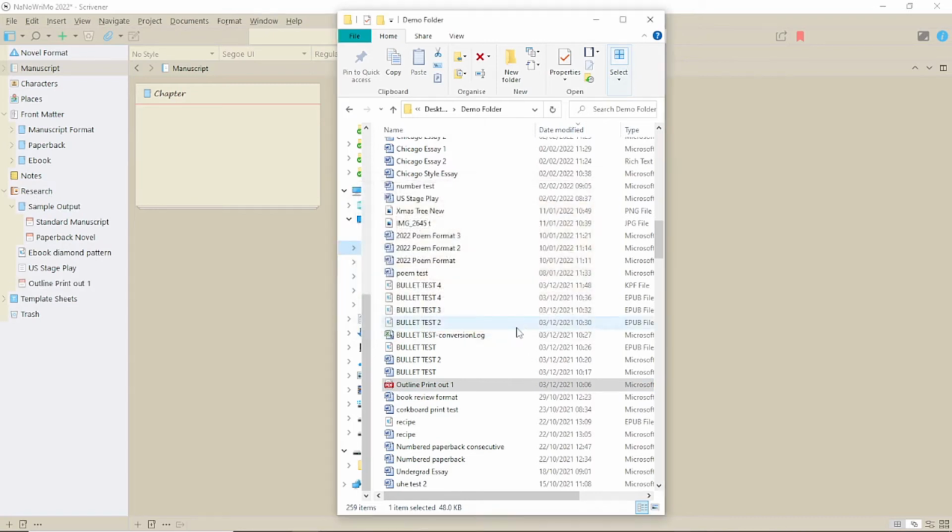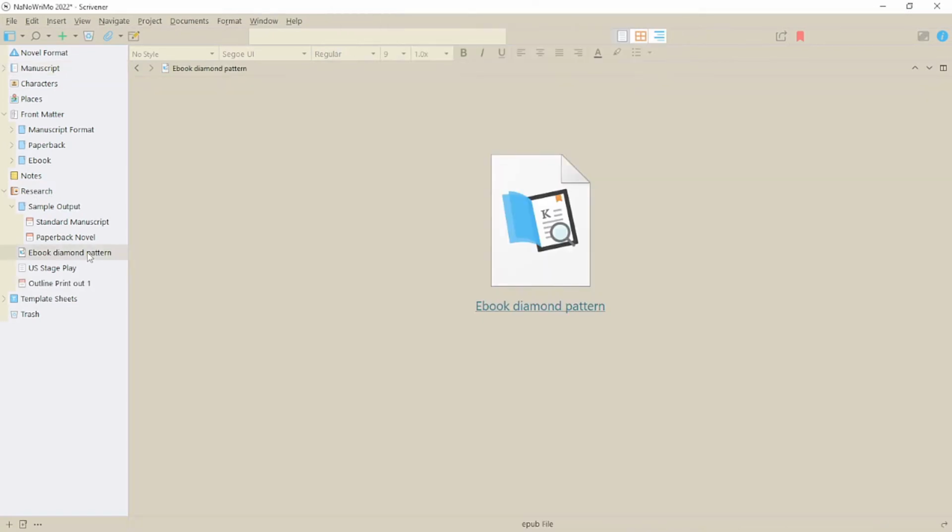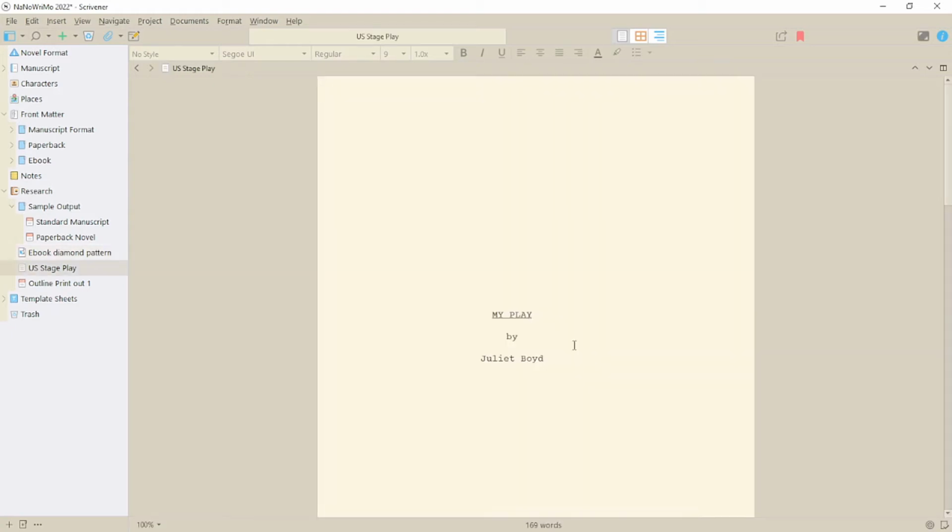This first item is an ebook. Scrivener can't open it, so it gives me a link for the source document. I'm not going to open it because it always defaults to Kindle Previewer, and that takes a long time to load.